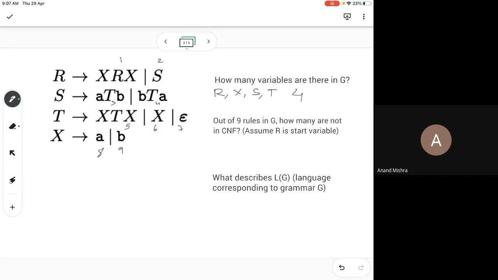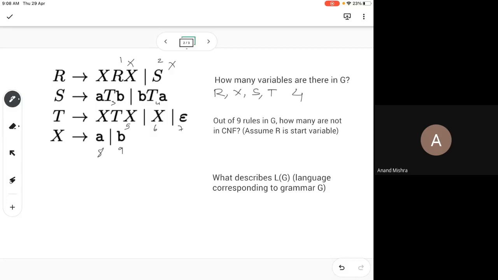Is the first one in CNF? No, the first one is not CNF. The second also is no. Why no? Because you do not have